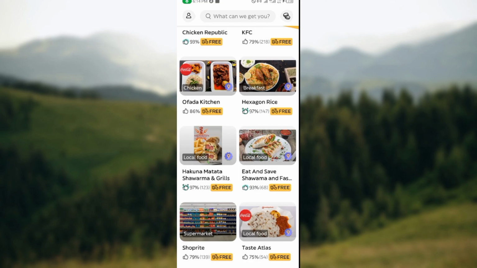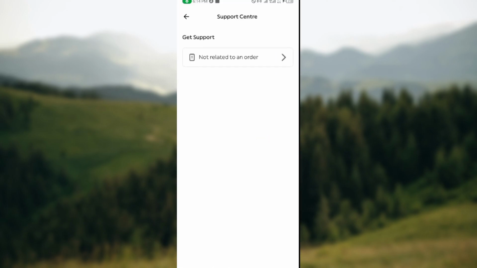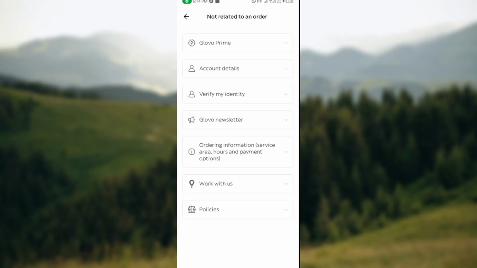By the left side of the screen, like this, the top left side of the screen, you see your profile icon. Just go ahead and click on it. Then you're taken to the profiles page. On this page, at the top right corner, click on the help option, and then you'll be brought to your support center. On this page, click on the not related to an order option, and then here you would see